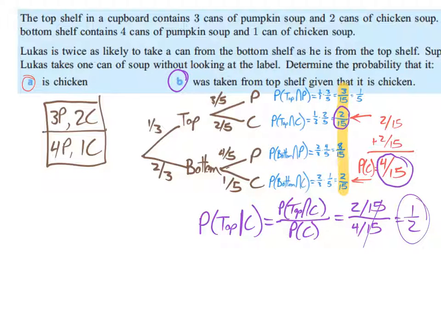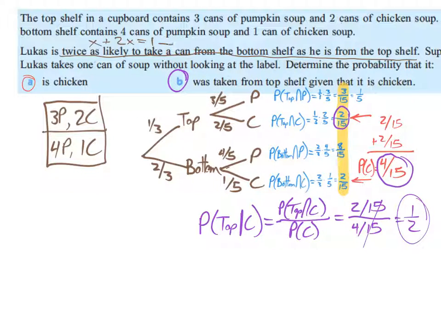Yes? How did you get the 1/3 and 2/3 for the first range? That came from when it said here, he's twice as likely to take a can from the bottom as he is from the top. You can do it logically, or you could think of it in terms of, if this is his probability of taking it from the top, and he's twice as likely to take it from the bottom, and I know those have to add up to 100%,